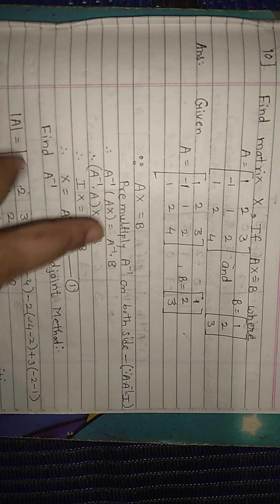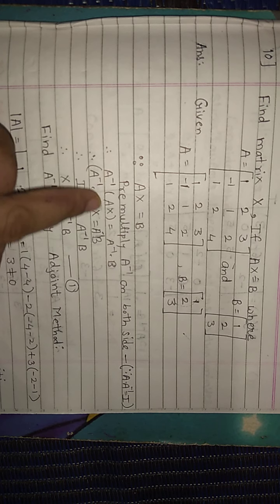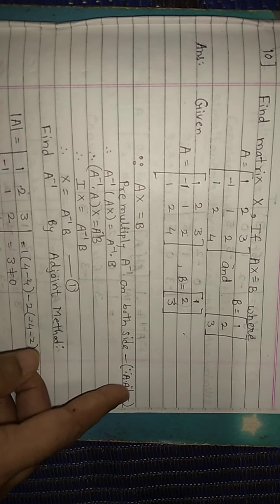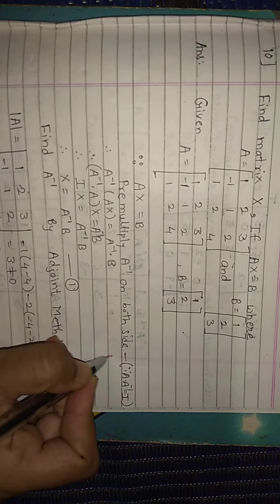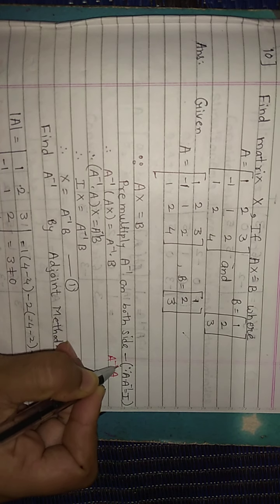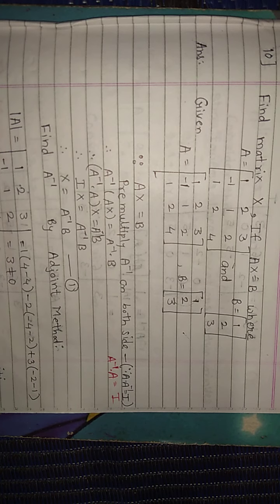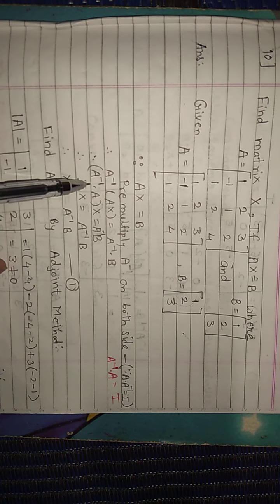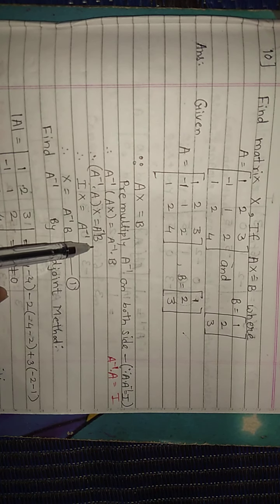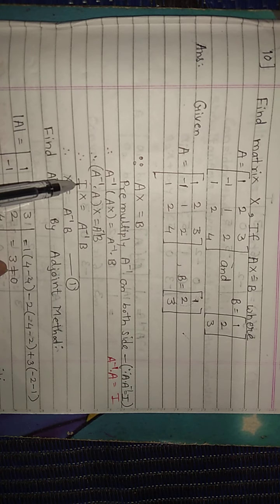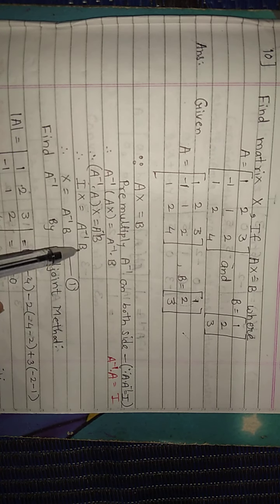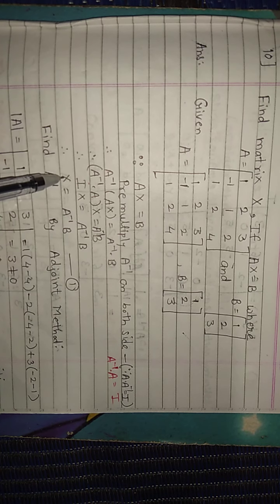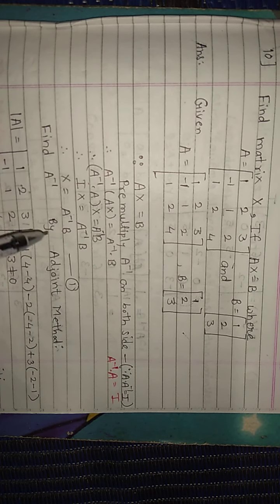In the 9th question we solved it by one method, and in the 10th we solve it by a different method for the same type of question. Just pre-multiply both sides by A inverse, because we already know that A into A inverse is equal to I, and A inverse into A is also equal to I. So with the help of that same formula, we pre-multiply both sides by A inverse. We collect the A inverse into A in one bracket. X is equal to A inverse into B. This whole product is nothing but I. I into X is always X, so X is equal to A inverse into B, equation number 1. In that we have to find out the X value.